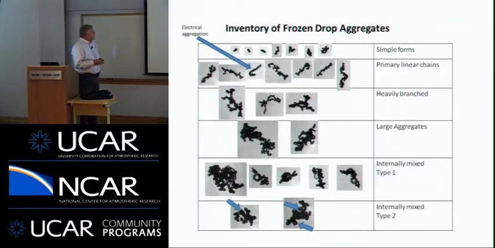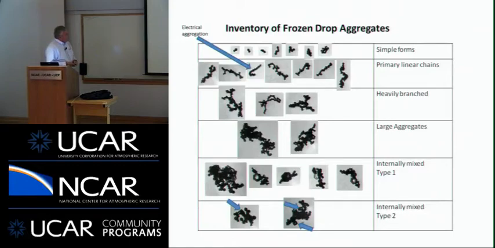But then you have them in a more branched structure. I mean, look at this guy here. I find this kind of fun. What's on the top of a thunderstorm? It's little hair-like particles. I mean, who would have thought? Then you get, of course, the large aggregates that are composed of the frozen droplets.